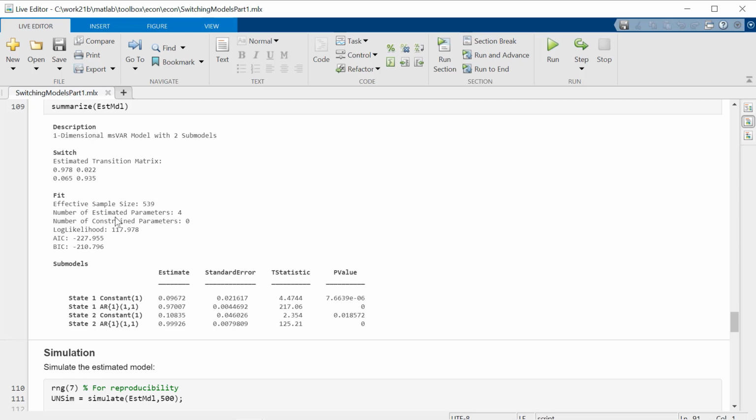And then you get various fit statistics here, like information criteria for the final model that was fit at termination of the algorithm. And then a table here giving you statistics on the different parameters that we estimated, the values and their standard errors. So this is a very handy tool.